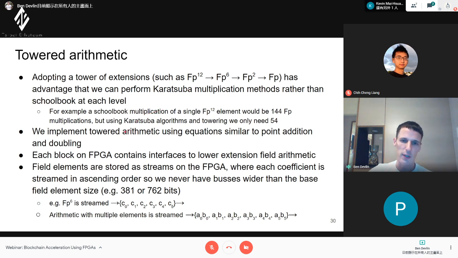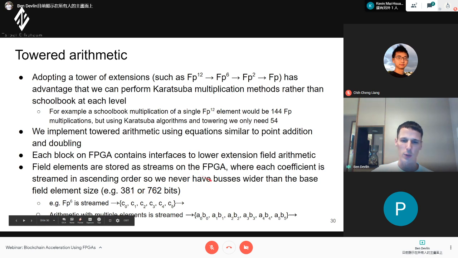So in the FPGA, we've implemented this as well, using the towered FP12 arithmetic. The way we've done it is using equations where, for example, FP12 will have interfaces to FP6, and FP6 will have interfaces which go to FP2 and so on. Because of the way we're streaming our interfaces on the FPGA, we never have anything bigger than 1 or 2 of the base field.